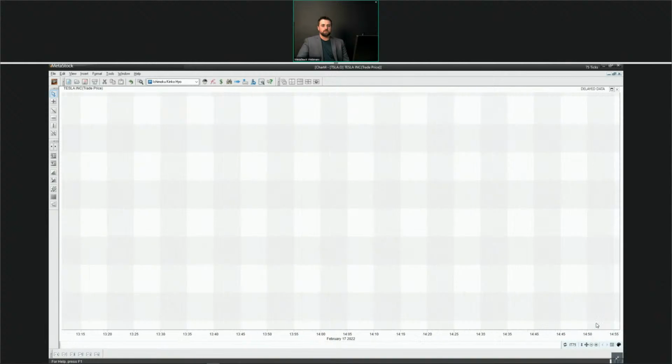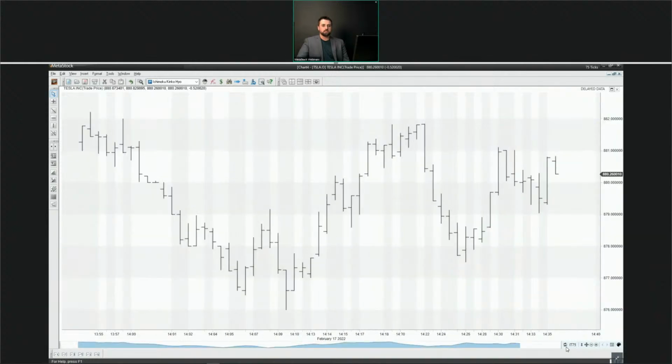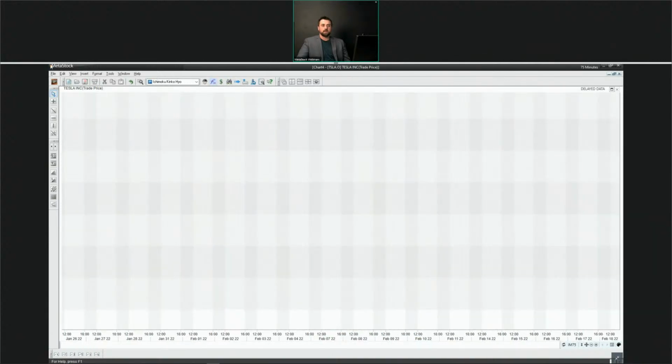You can also do that with, say, a tick chart. Now it'll say the I stands for intraday, tick chart 75. So just at a glance, immediately you know what you're looking at. Also up here, you can see it says 75 ticks there. And then another thing too, if you do have these unique custom charts that you like to look at, it saves the last used intervals that you looked at. And not only does it save them right here for you to easily jump back in and look at, but